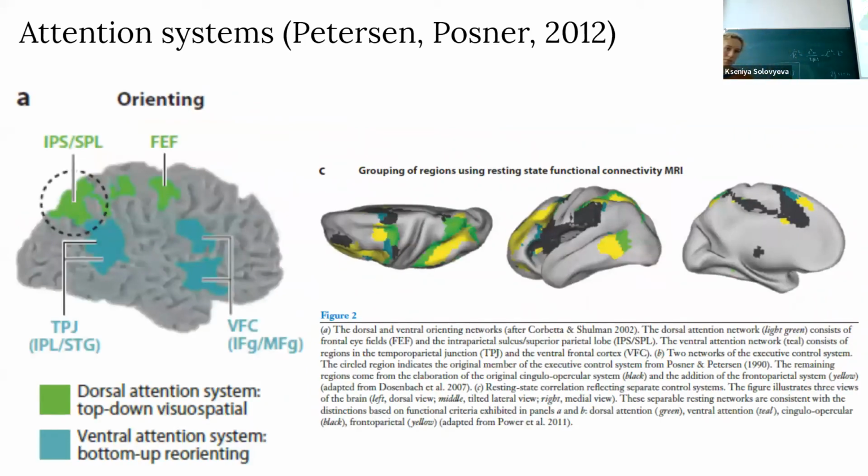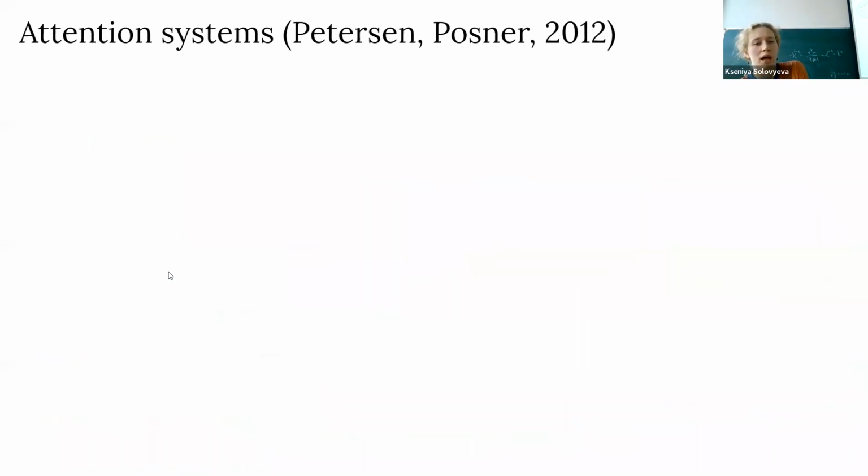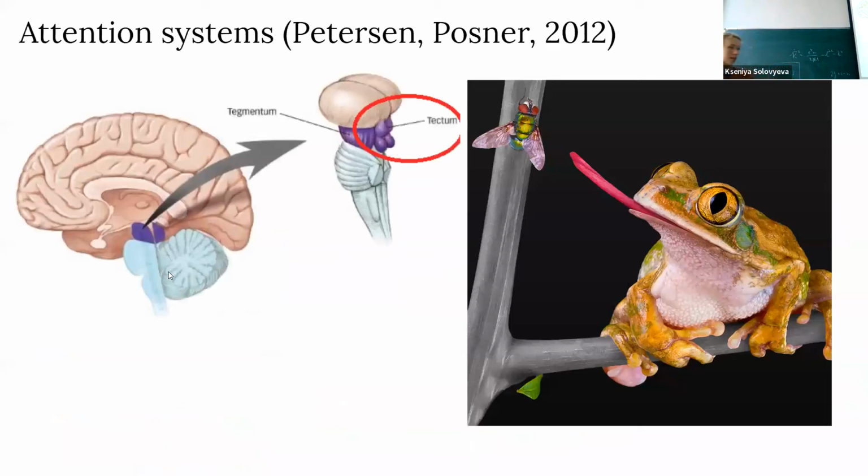Another system is the Orient system. So it's connected with orientation. When you need to find out where you should pay your attention, you need some map. There are several parts of the brain connected with this system, and the simplest example